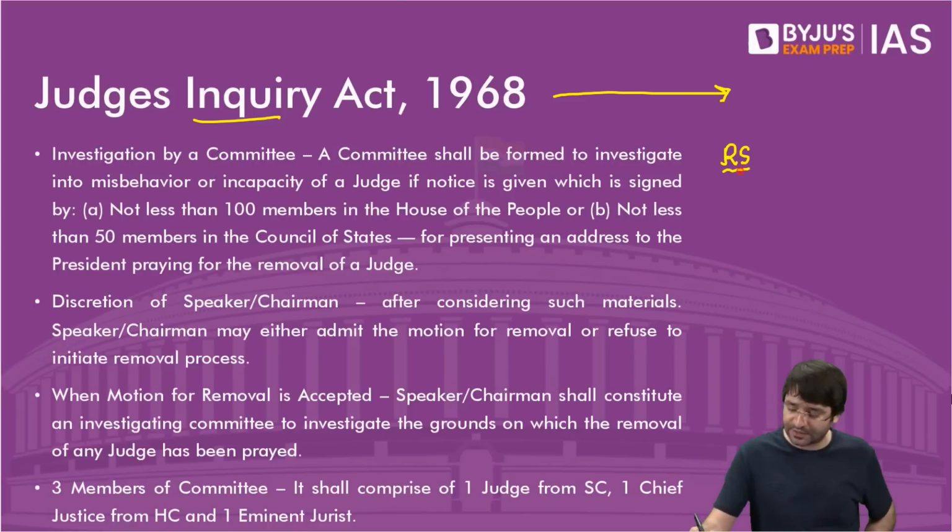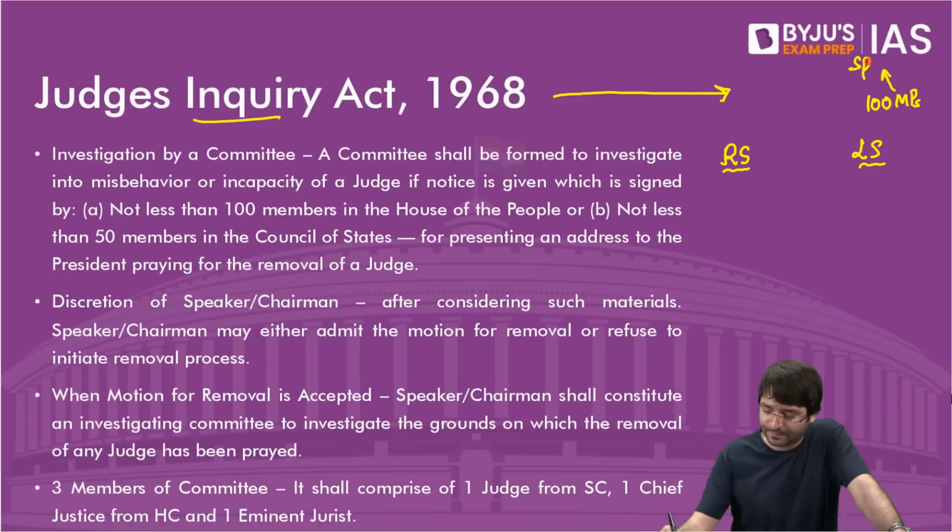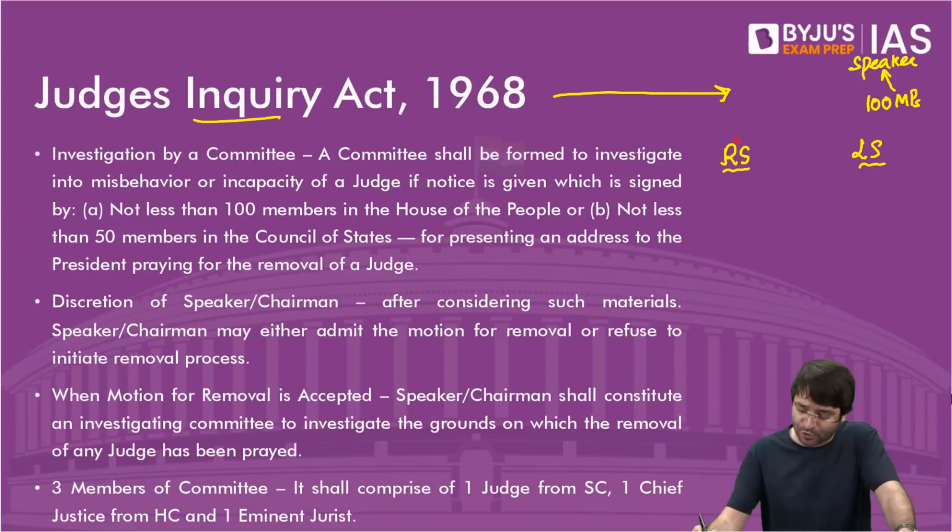First, it can be initiated in Rajya Sabha or it can be initiated in Lok Sabha. For example, if it is to be initiated in Lok Sabha, 100 MPs of Lok Sabha should write to the Speaker that, dear Speaker, this particular judge of the Supreme Court or High Court should be removed from his office, and these are the grounds of proved misbehavior. These are the grounds of misbehavior and incapacity on the basis of which we are saying this judge should be removed. Or this process can initiate in Rajya Sabha if 50 MPs of the Rajya Sabha write to the chairperson,